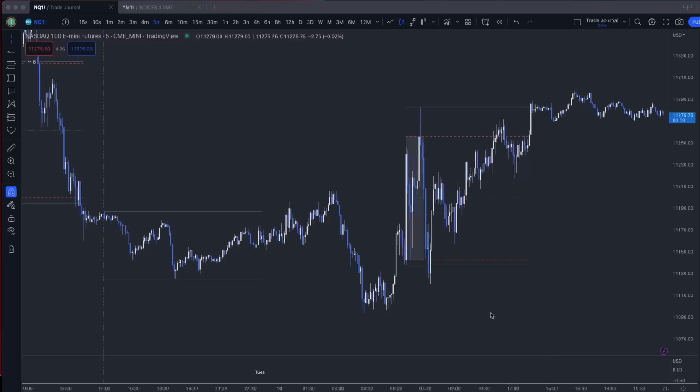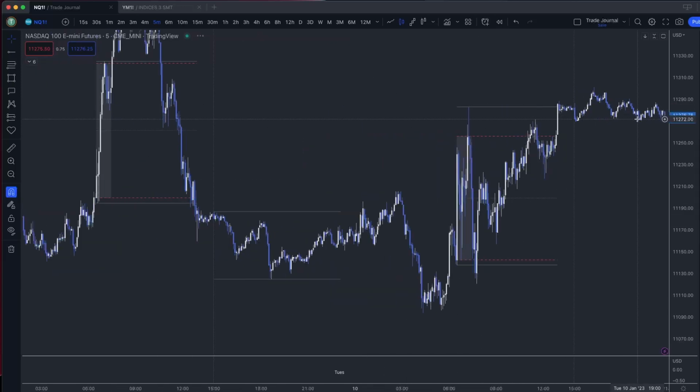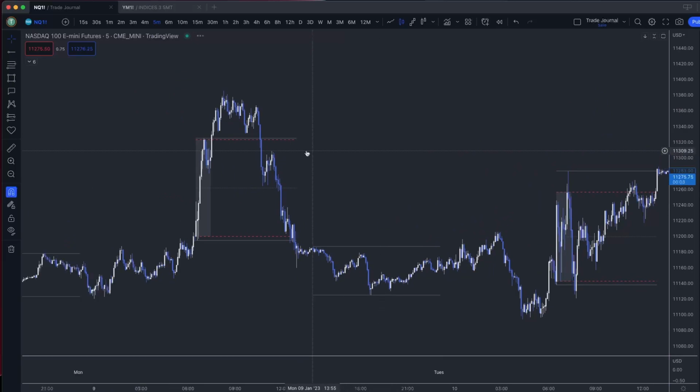And yet again, for the second consecutive day, we can see that we have a DR range that did not hold true. Here we broke the DR low, closed below it, and then rallied to make a new high, which is not supposed to happen. And then just like yesterday, price broke above the DR high and then dropped off to make a new low.